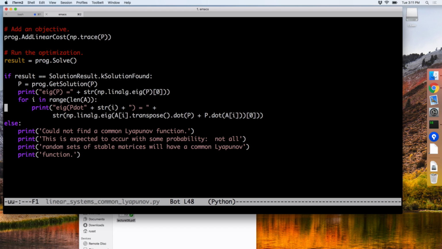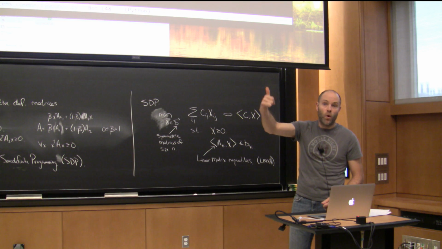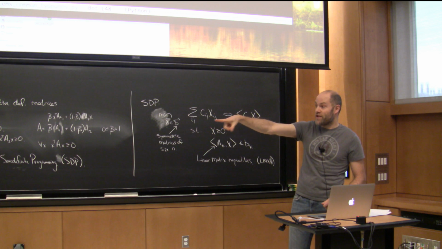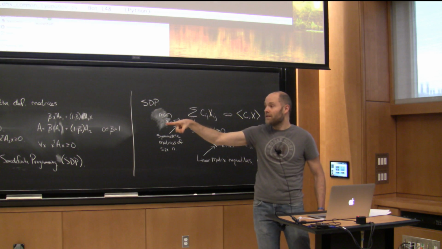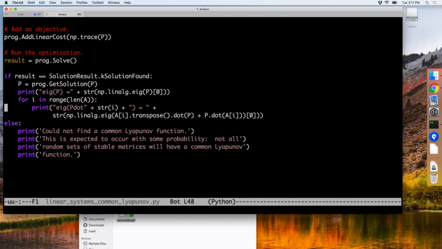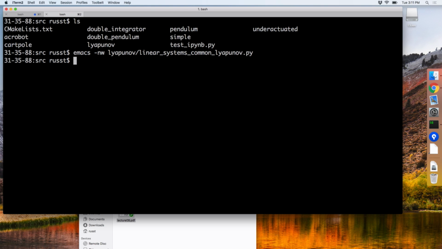And because there's no guarantee it's going to work, I have to check. The solver will either say, yes, I found a solution, and then I have a guarantee, or, sorry, it just didn't work. But that means that there is no P which satisfies those conditions. The solver is doing its job, but it might be that there is no P for the random stable matrices I picked, which certifies all of them simultaneously. We know that for any one stable matrix, there exists a P, but there might not be one that satisfies all of them simultaneously. Okay, so